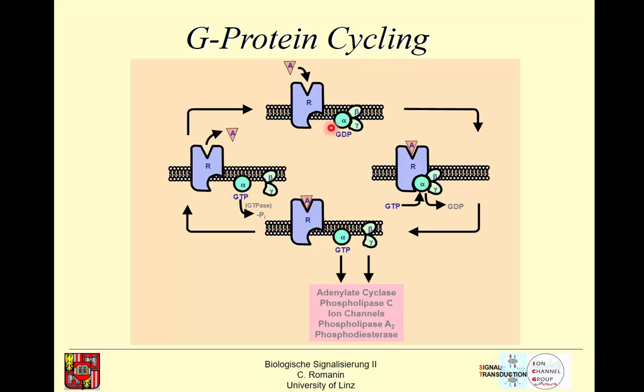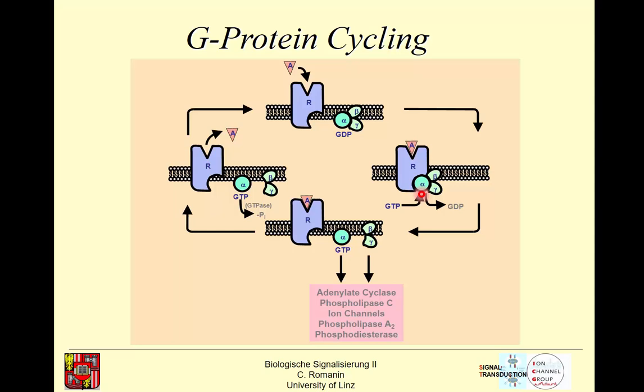And you see in the resting state, the alpha subunit has a GDP bound. So that's the reason where the name G protein or coupling proteins, the name G comes from, because actually guanine nucleotides are binding in a certain way to the alpha subunit, which is responsible for switching from an inactive to an active state. So in an inactive state, we have guanosine diphosphate bound, which exchanges because when the alpha subunit interacts with the activated